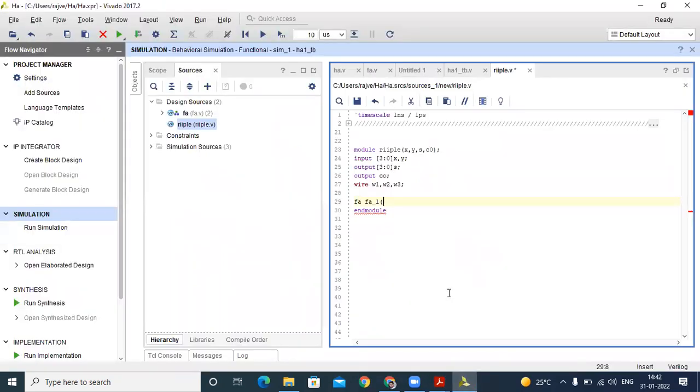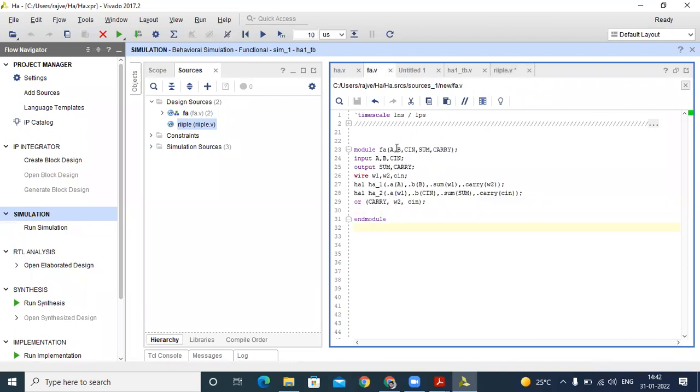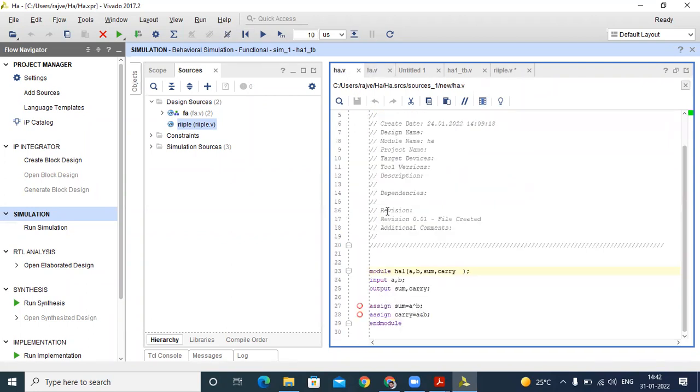So you can see here, dot, in our full adder. What is the input? The full adder has A, B, and Cin, and then sum and carry. This is similar to our half adder. The half adder has A, B, sum and carry.